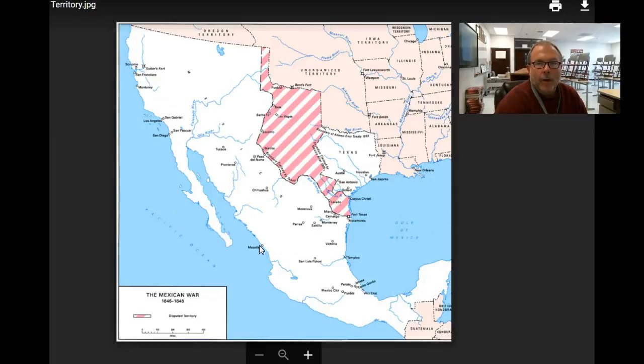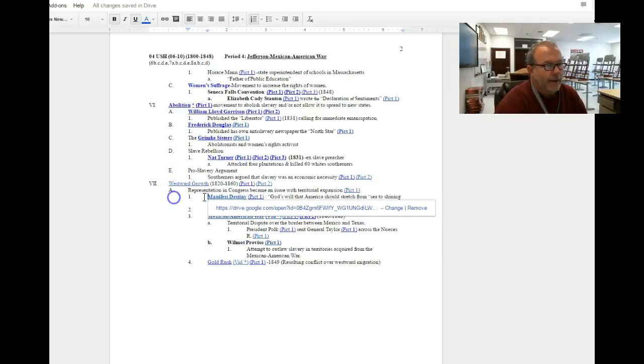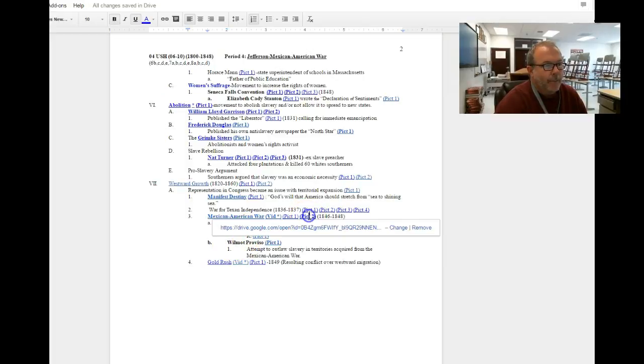This is a more blown up map of the scene. So upon crossing the Nueces River here and settling on the northern side of the Rio Grande, American soldiers were killed in a skirmish, and this leads to a declaration of war by the United States government. And